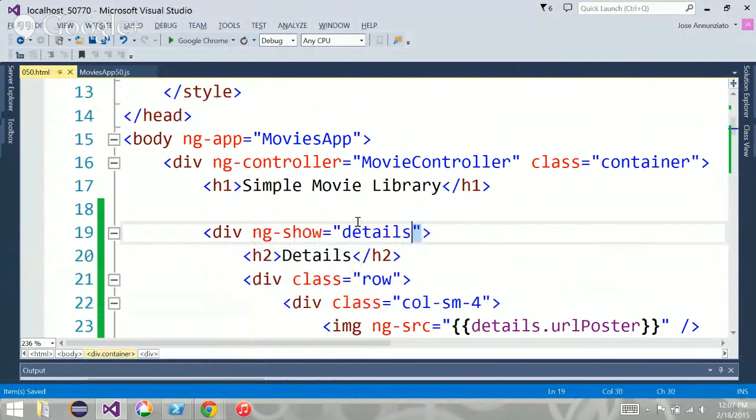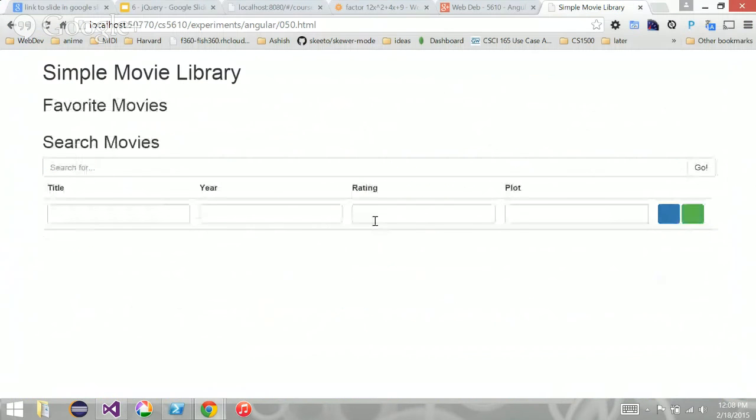Now what this says is that if details exist, meaning it's not undefined, it's not null, right? It's not empty string, right? Meaning it's truthy. In JavaScript we say it's truthy, meaning it's none of those, right? It's not zero, it's not false. It's something different. It has some data associated. So there it is. So details doesn't show at all, right?